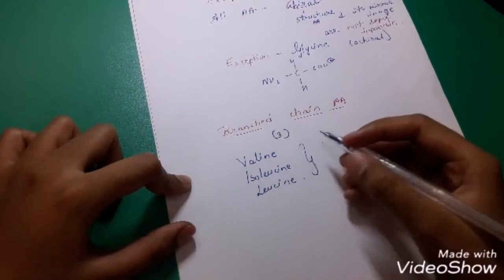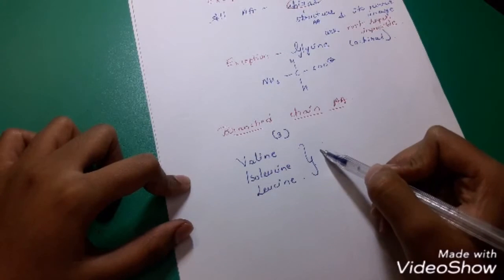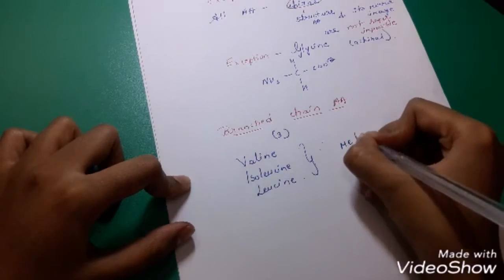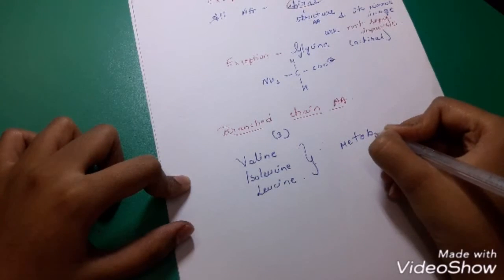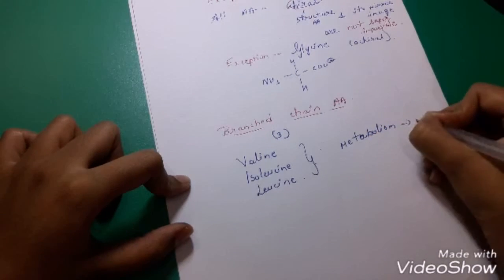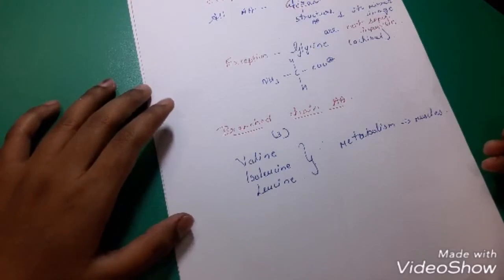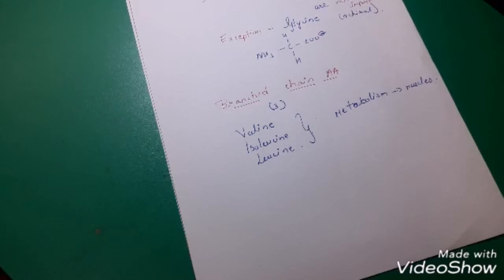And one more thing I have to tell you about branched chain amino acids is that their metabolism takes place in muscles. Now we will see it in more depth in our future videos. So these are branched chain amino acids, and